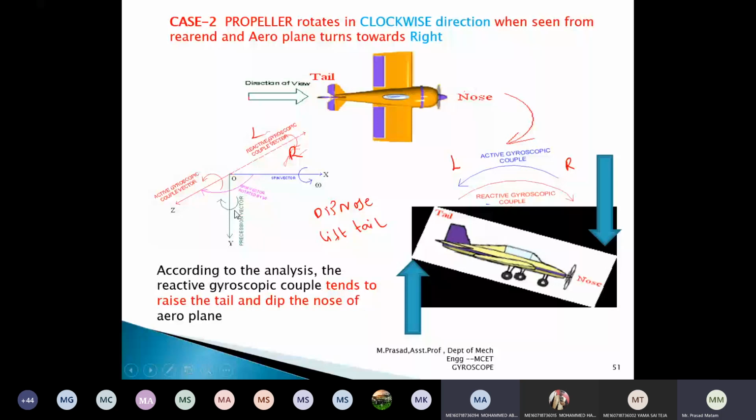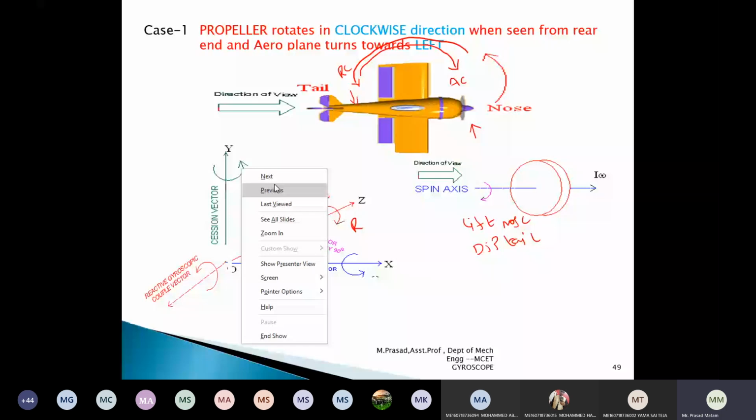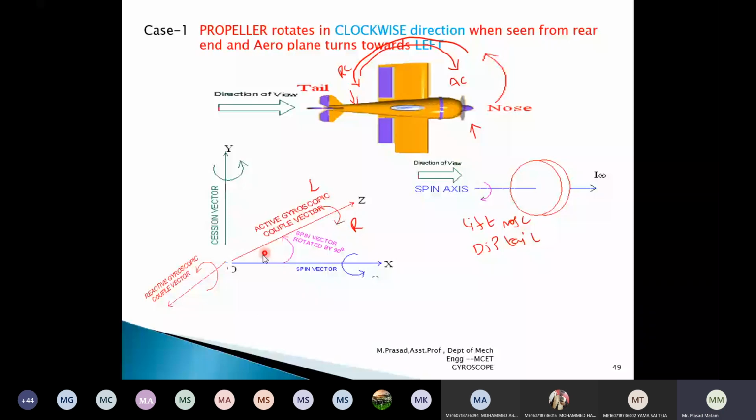Let me explain. Whenever it takes the left turn, in that case, the pressure vector is coming in the positive y-axis. Earlier I have shown. You see, taking a left turn, the pressure vector is coming in the positive y-axis. Got it. Whenever it is taking a left turn, the pressure vector is coming in the positive axis. That is in the direction of the left turn. This is the left turn I am getting. In the same direction only, I am getting the pressure vector.